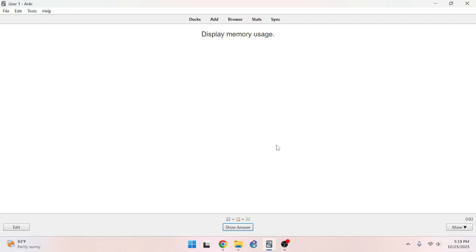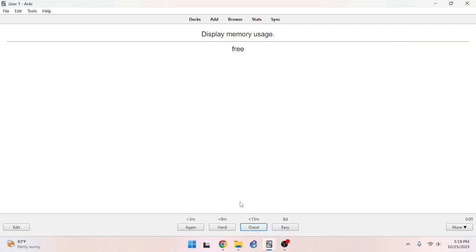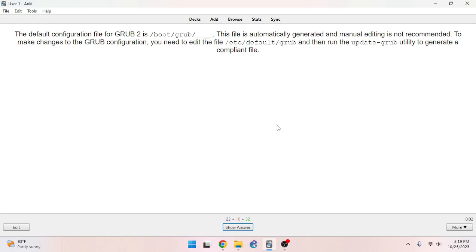Display memory usage, that one is free. All right, make default configuration file for grub2. Now this is the default configuration file. It's /boot/grub, and this is grub.cfg, I believe. The file is automatically